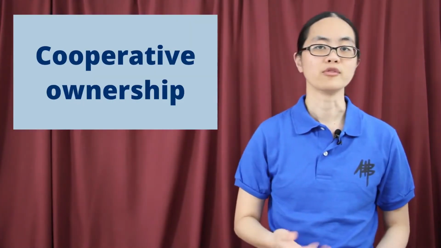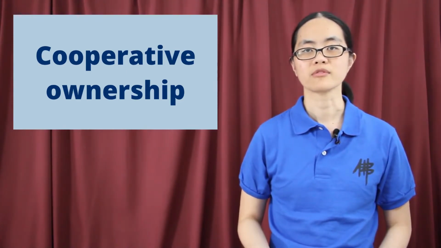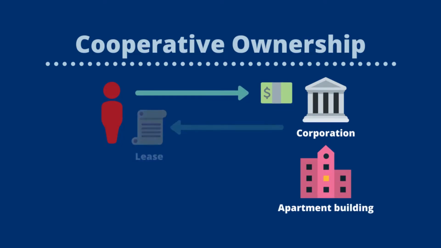The next type of real property ownership is cooperative ownership, which is sometimes referred to as a co-op. In cooperative ownership, a corporation is set up to buy a property, usually an apartment building. Then, people will buy shares in the co-op corporation in exchange for a long-term lease that allows them to live